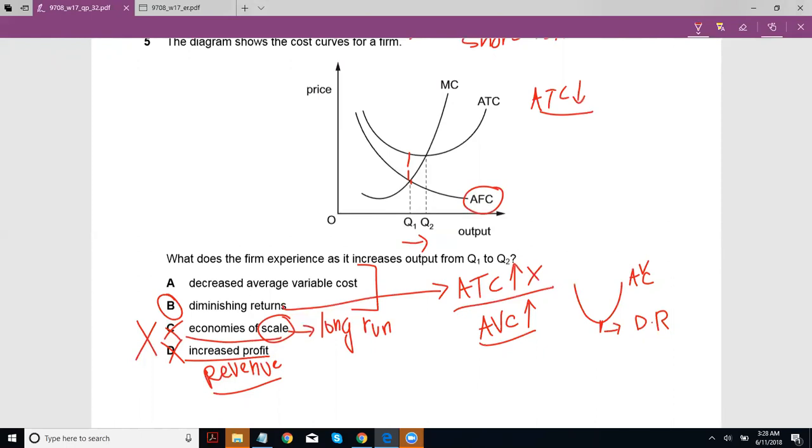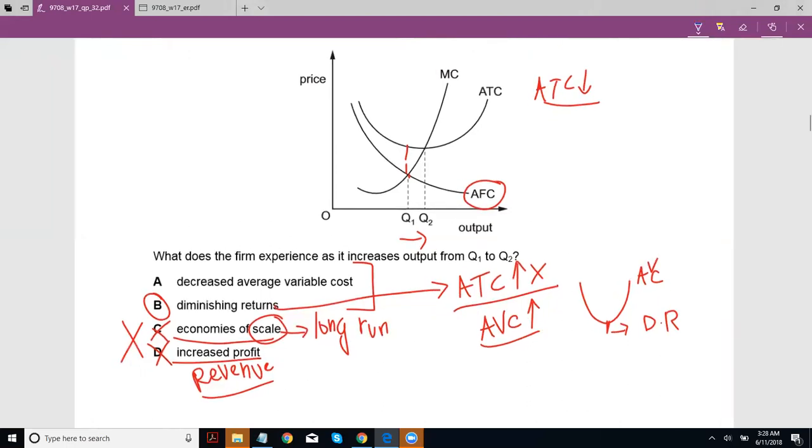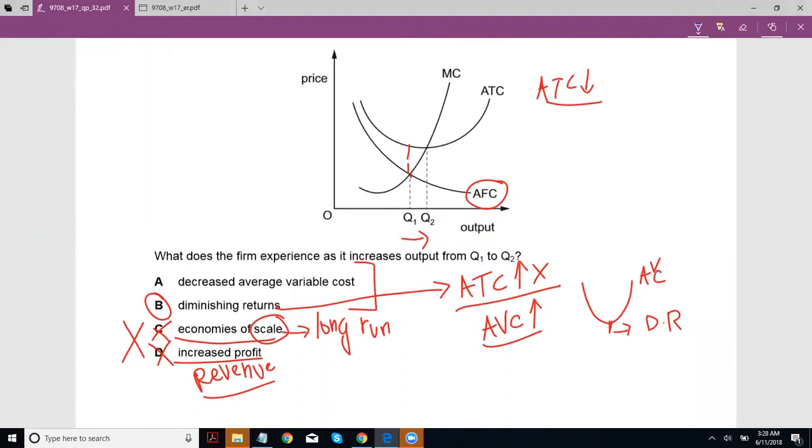If, let's say, ATC is falling but AVC is rising, you're always going to look at AVC, because ATC, that's average total cost, could perhaps be falling even if AVC is rising, because perhaps average fixed costs are falling. But diminishing returns has nothing to do with fixed costs, which is why average total cost isn't the metric you look at when you can figure out average variable cost. So to make this more clear, you have to draw the AVC curve,